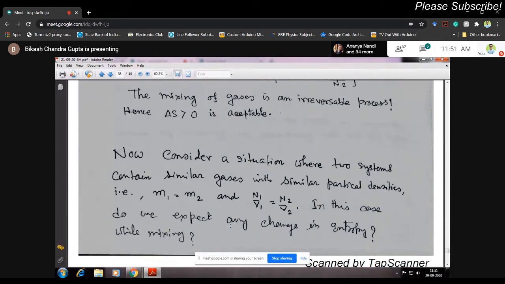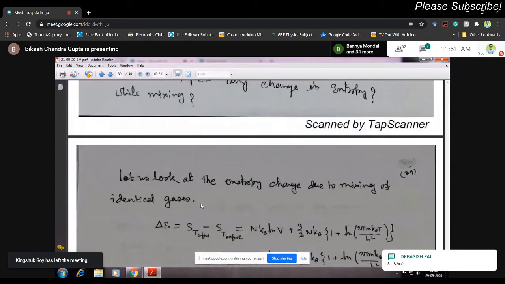Now if you remove the wall, then you are not going to make any changes, right? Because similar gases, and therefore you expect that entropy should be 0, right? And you would expect that they are in equilibrium, and therefore there would be no change in entropy. That is what is expected. Now let us see. Now let us look at